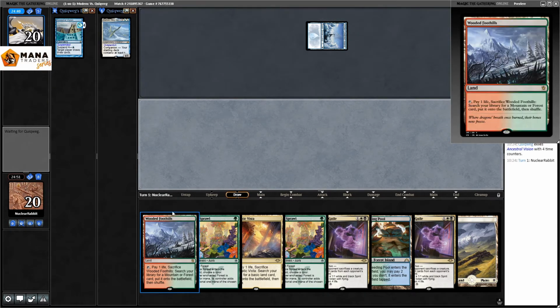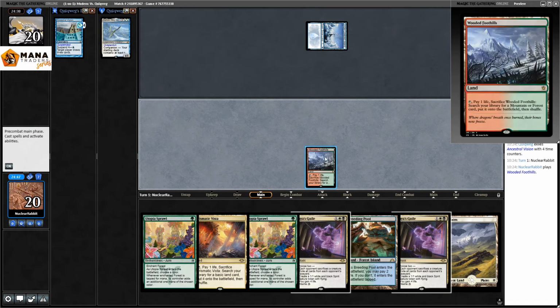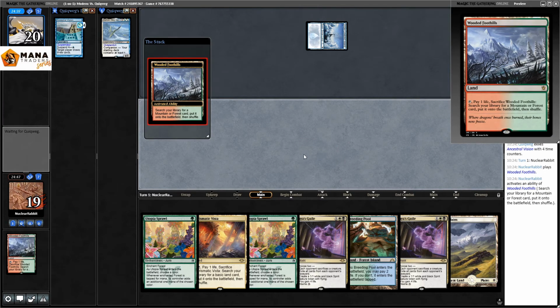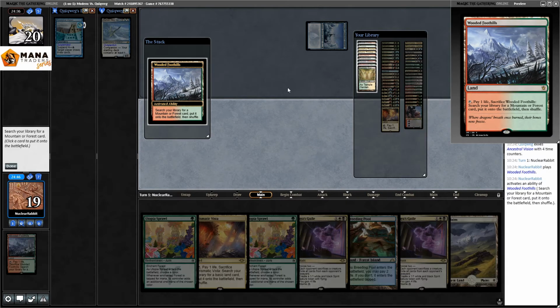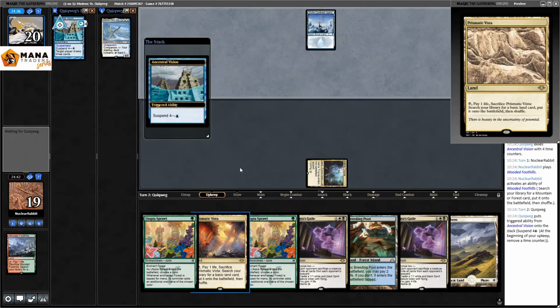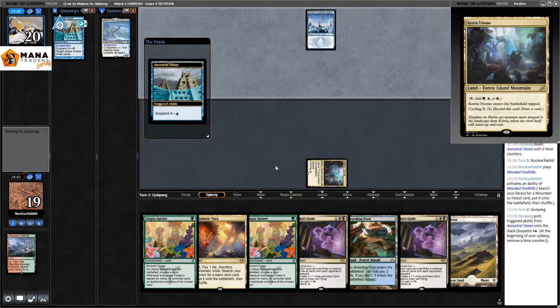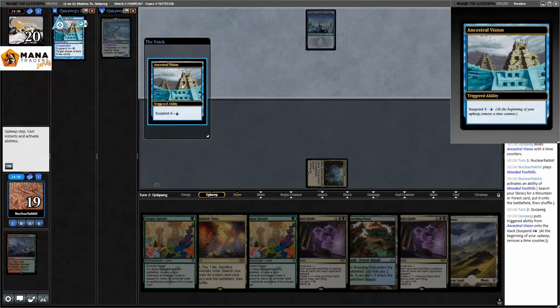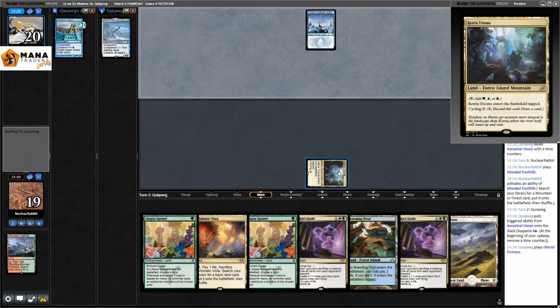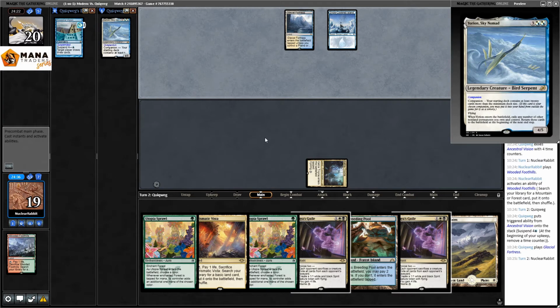I'm just gonna go ahead and Wooded Foothills for a Triome here. Doesn't really matter which one I get because I have all the mana in the world anyway. That's not true. I should have gotten the Abzan one. It's strictly better because that way I get to have double white for Supreme Verdict. It's the literal only card that matters for the matchup, and I don't think it's gonna matter at all in this matchup, but...